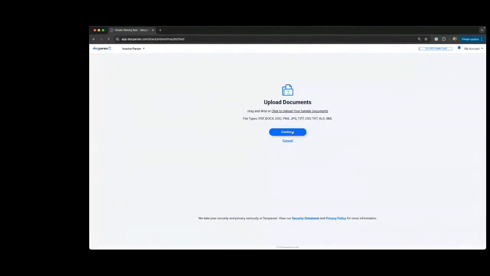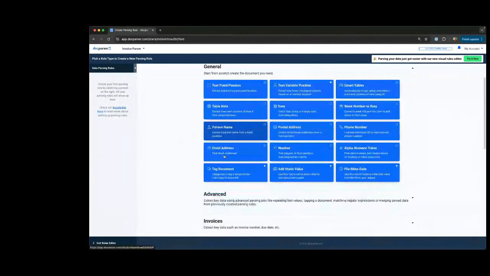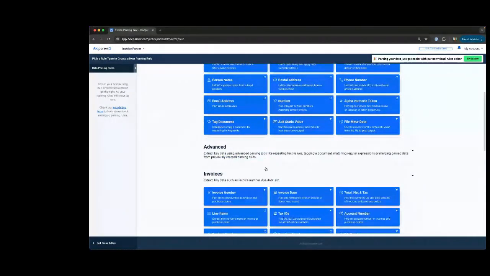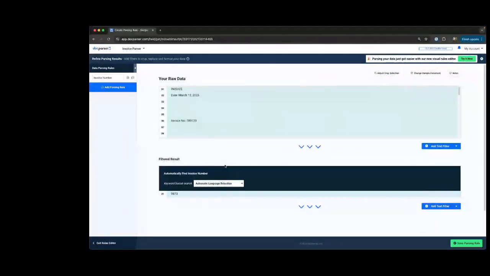At this point, no rules will have been created like in the other parser. So from here, we're going to select which rules we want. I'm going to start from the invoices section, with some of our really cool rules, which are the invoice number and invoice date rules. We'll start with this one. How this rule works is a little different from what most of our rules work like. What it actually does is it uses a keyword-based